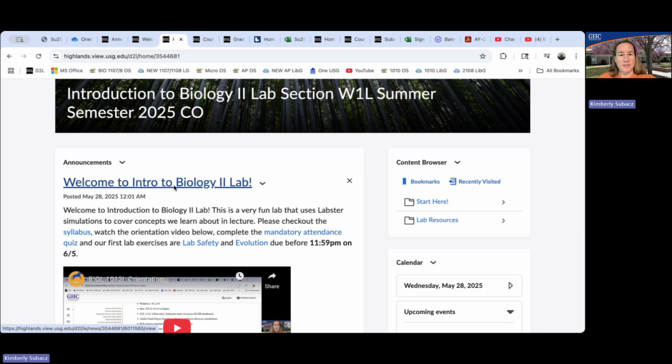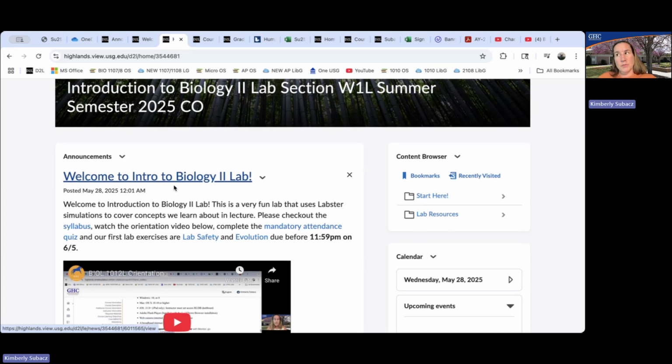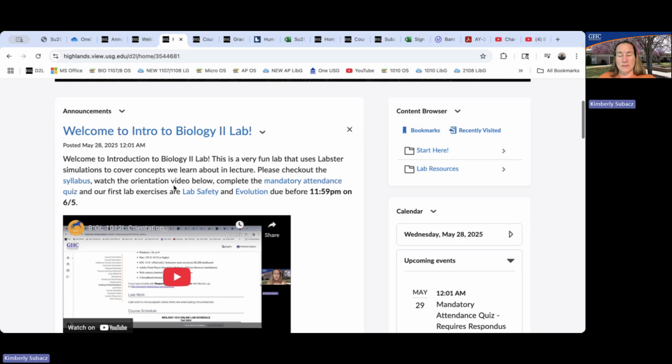If I don't have you for lecture, we are going to have lab exercises and we're going to have tests on them too. The lab doesn't count as much as the lecture. The lecture is going to count for like 3 credit hours. Lab's only like 1 credit hour. So for the lab, we are going to cover pretty much 2 lab exercises a week and then a test, and then 2 lab exercises a week and then the lab final.